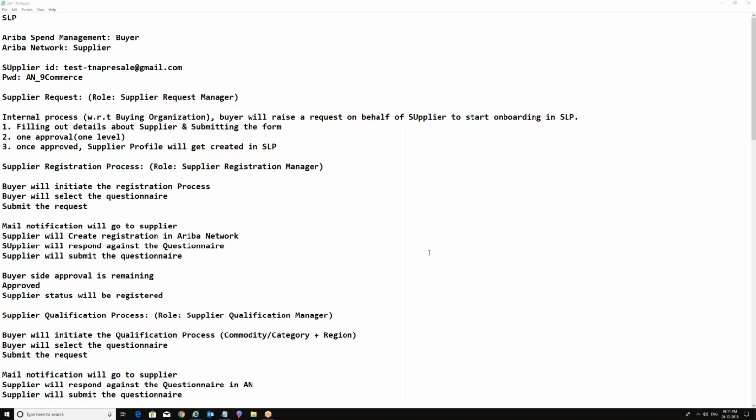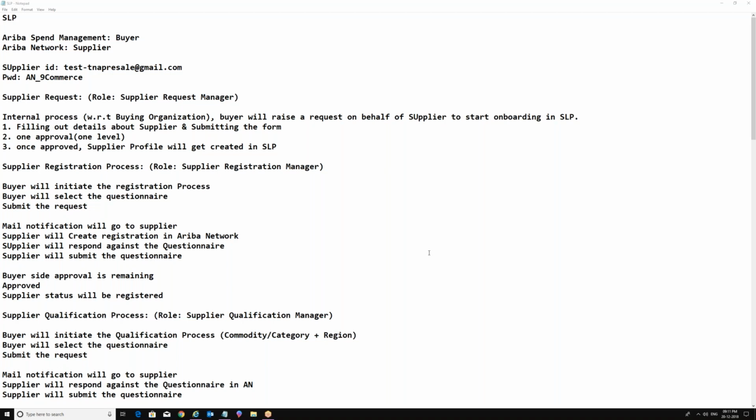Second, the buyer will be raising a supplier request. They will be filling a form where some basic details of the supplier will be collected, like the address, email id, phone numbers, and then they will submit the form.